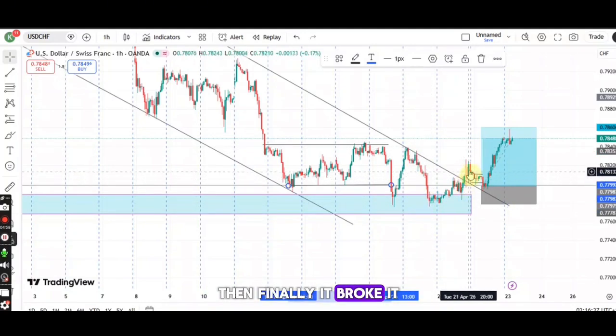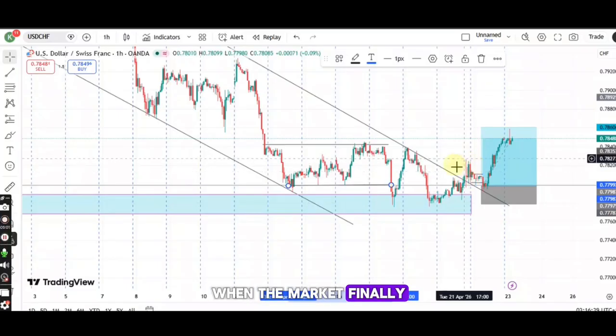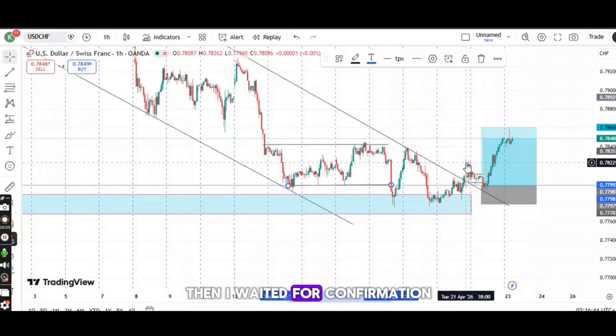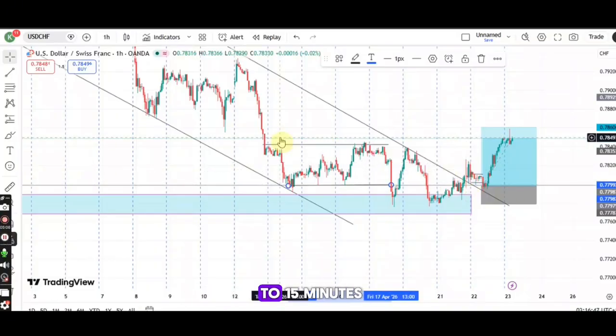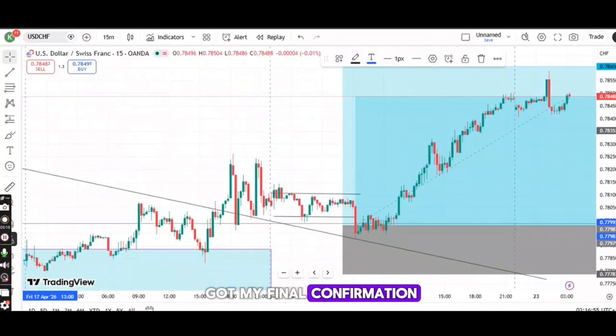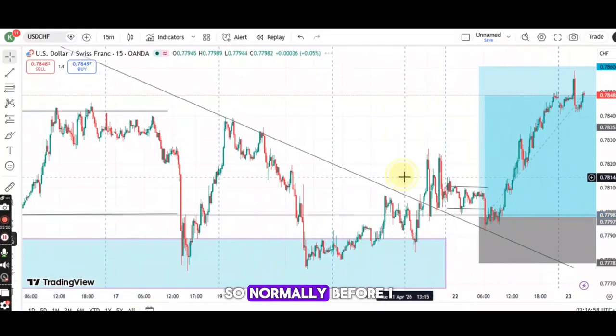Then finally it broke it. When the market finally broke this particular resistance line, then I waited for confirmation. So I went down to 15 minutes. In the 15 minutes time frame, this is where I got my final confirmation to enter the trade. So normally